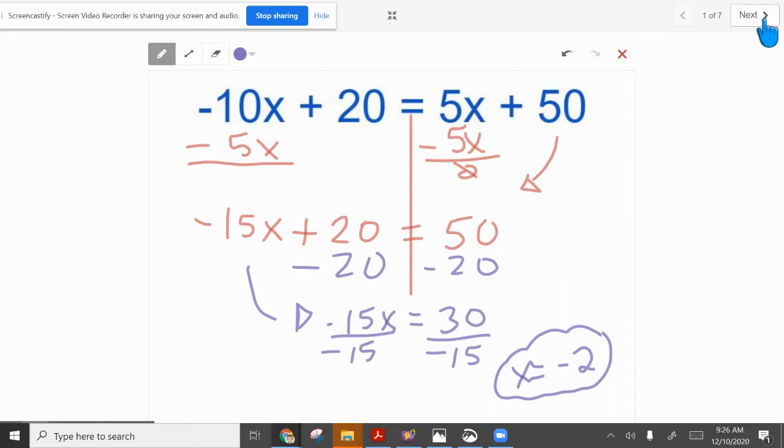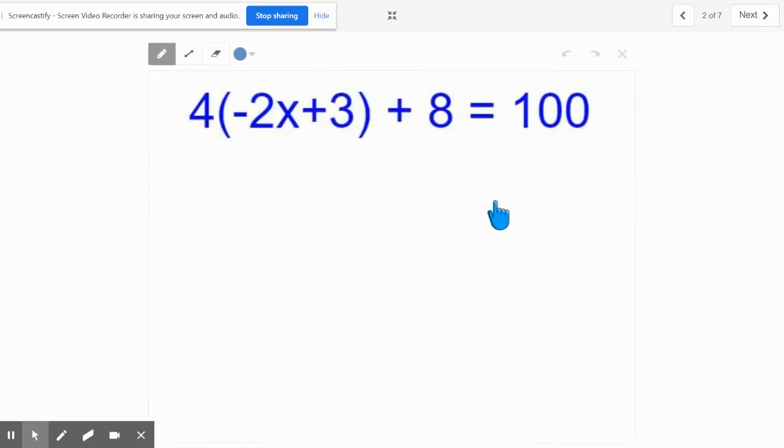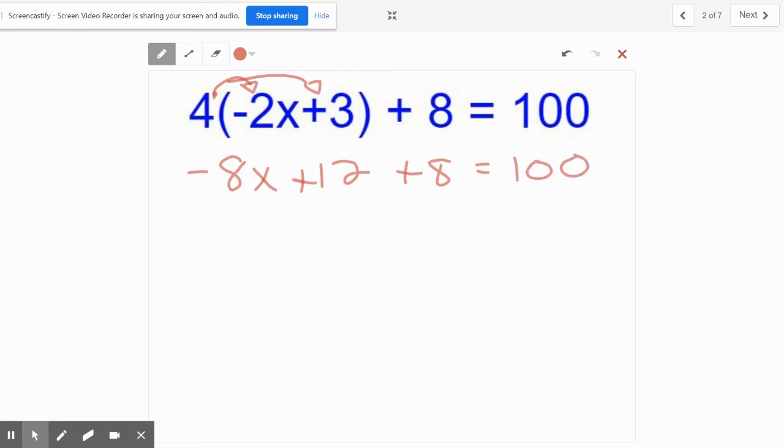Okay? Make sure you show the work. You can pause it and look at it. The best thing to do is actually try to solve it on your own and then maybe check your work with this. Okay? All right, this one, we're going to distribute. There's a lot of distribution on this benchmark. You've got to distribute quite a bit. Negative 8x. Don't forget the negative. Plus 12 plus 8 equals 100. Okay? And then from there,